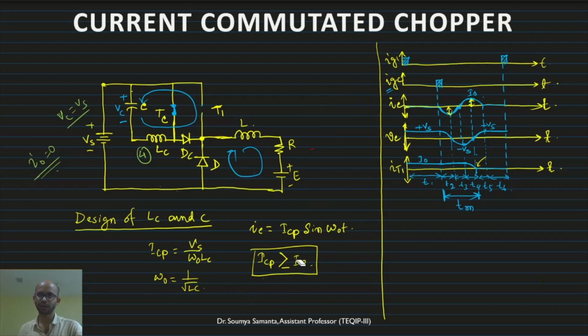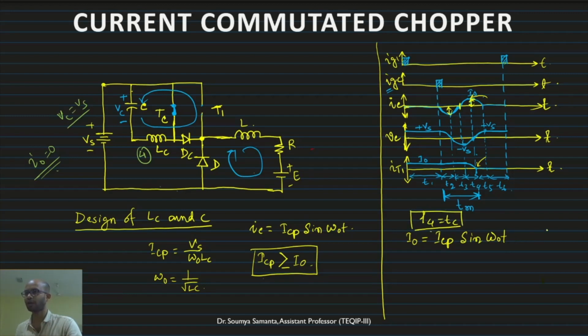Now with these conditions, if I start deriving, one more thing let me discuss here. That is, at this point, what is the value of this IC? The IC value is I naught. If I take from the 0 position, from 0 to I naught is the magnitude, this is ICP sine of omega naught t, and t equals T4. Now let us take T4 equals Tc.